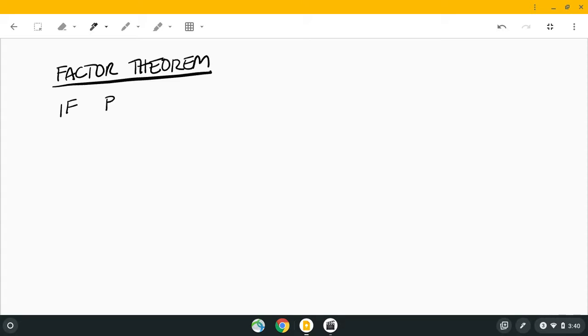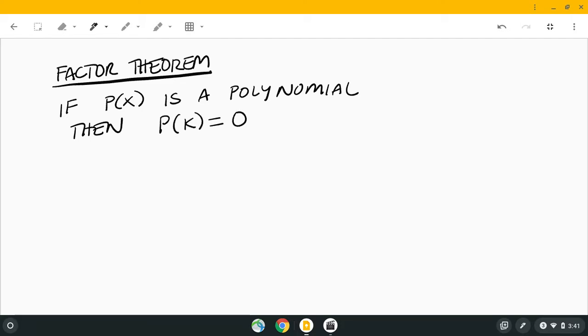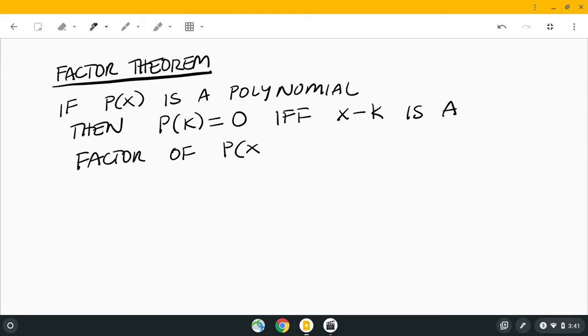Okay, if p of x is a polynomial, then p of k equals 0 if and only if, that's what the IFF stands for, x minus k is a factor of p of x. Okay, so this is kind of a big deal because